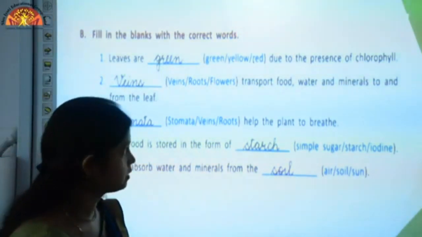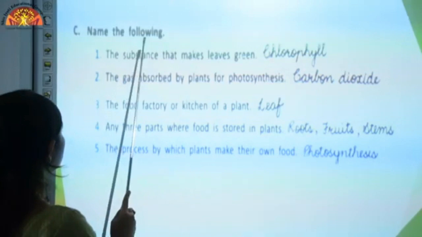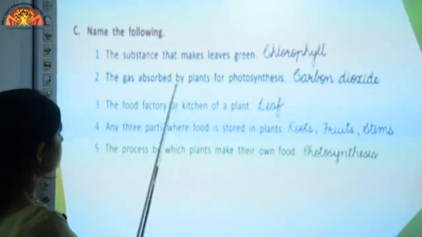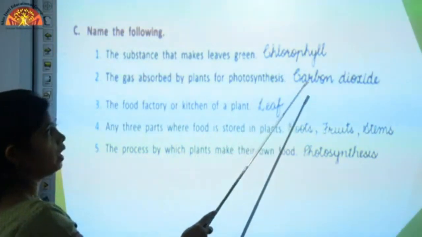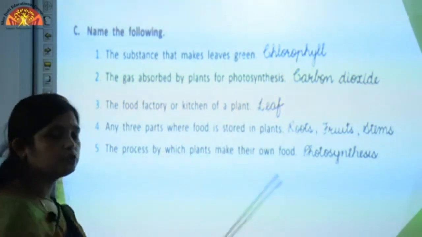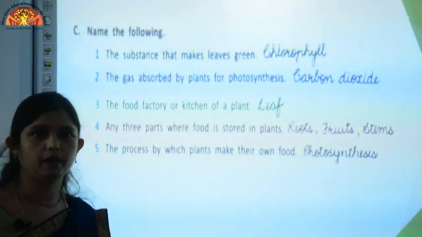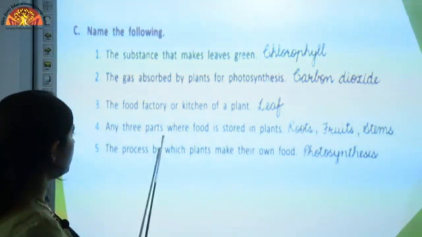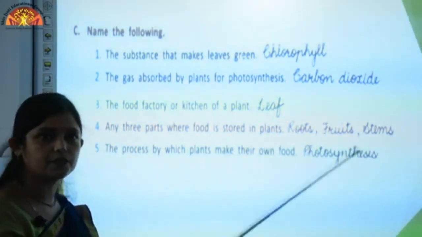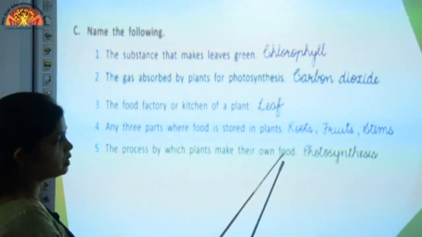Now we move to the next exercise. It's on the same page, page number 53. Name the following. The substance that makes leaves green, it is chlorophyll. The gas absorbed by plants for photosynthesis, carbon dioxide. Then the food factory or kitchen of a plant is leaf. Students, here leaf is called the food factory of a plant or kitchen of the plant, because food is prepared at leaves. Okay. Then any three parts where food is stored in plants: roots, fruits, stems, and you can also write leaves, flowers. Okay. Then the process by which plants make their own food, so this process is called